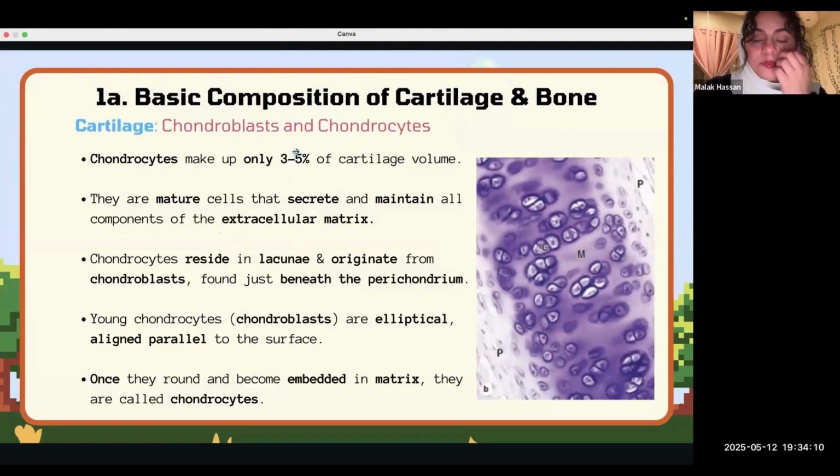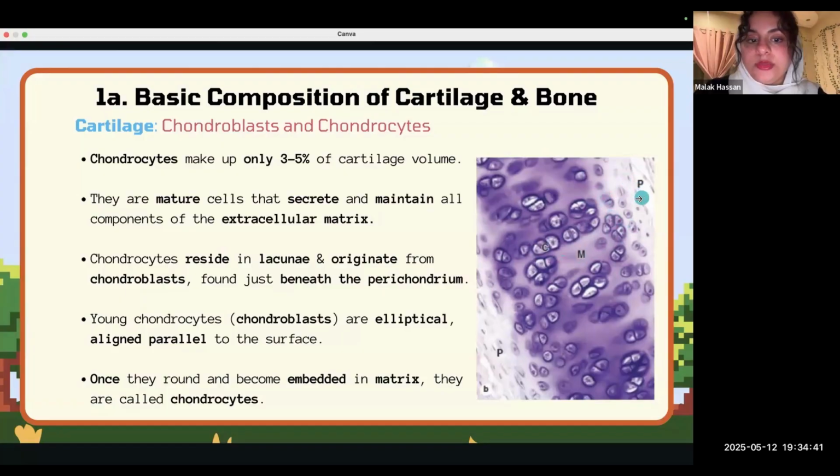Now, chondrocytes, like we said, only make up 3 to 4% of the cartilage volume, and these are the mature cells that secrete and maintain all of the components of the extracellular matrix. And you'll find them here in this picture. They reside in little things called lacunae, like little halos. And they come from chondroblasts, like we mentioned. And if we look here on the side,